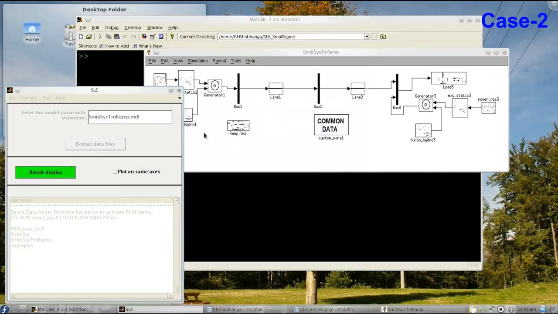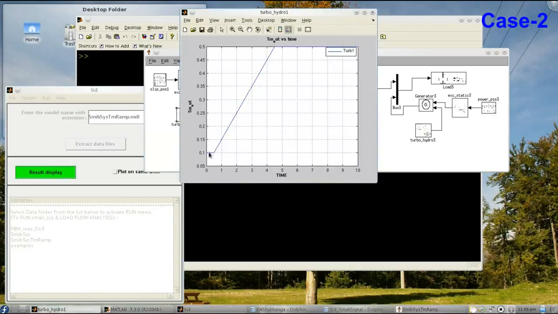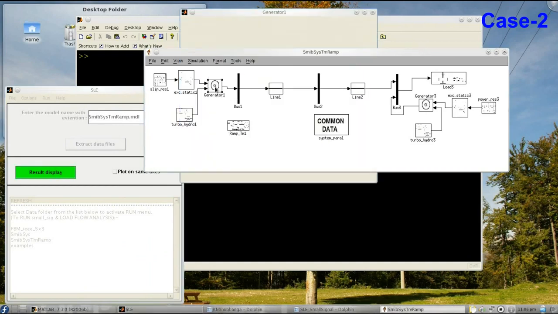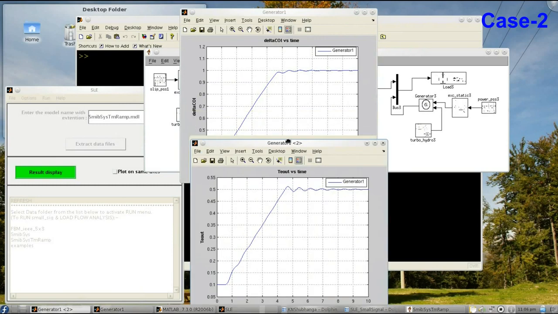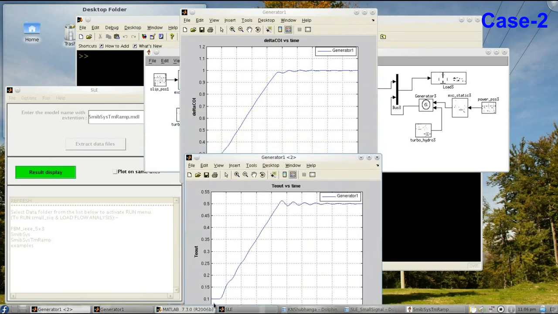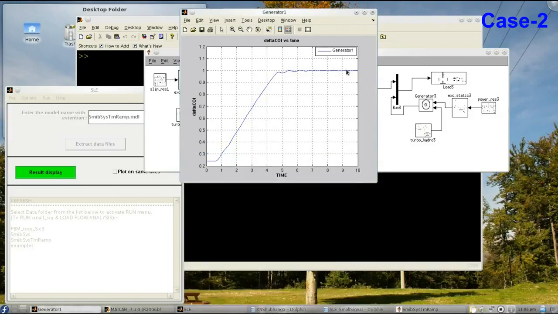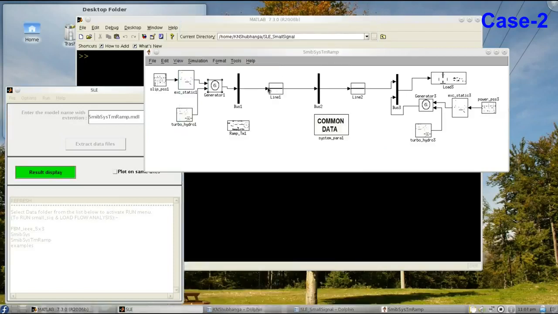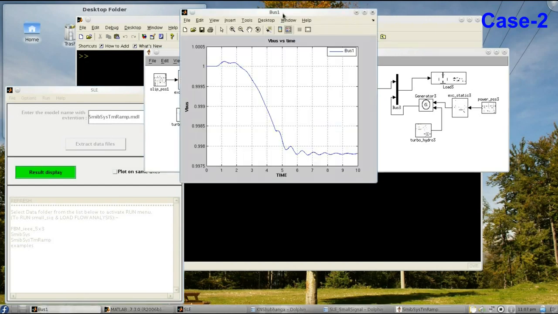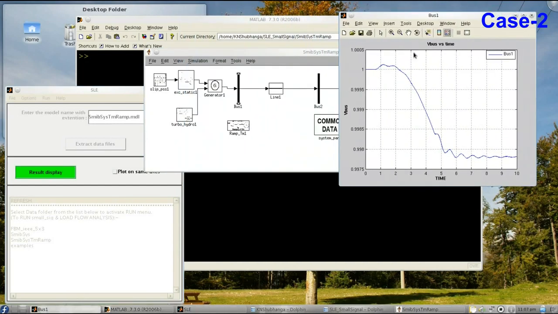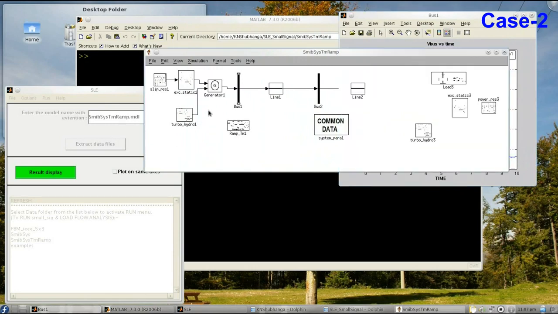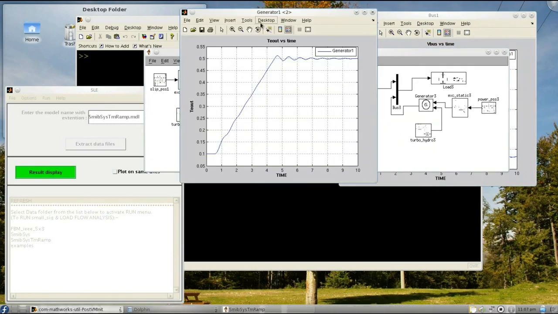So for case 2, power level is ramped from 0.1 to 0.5 per unit. So let's observe the generator variables. So the output power and the rotor angle excursion, it is restricted. In the earlier sessions we have seen for this ramping case, the system became unstable, but now it's confined, like it is stable due to our AVR activation there.